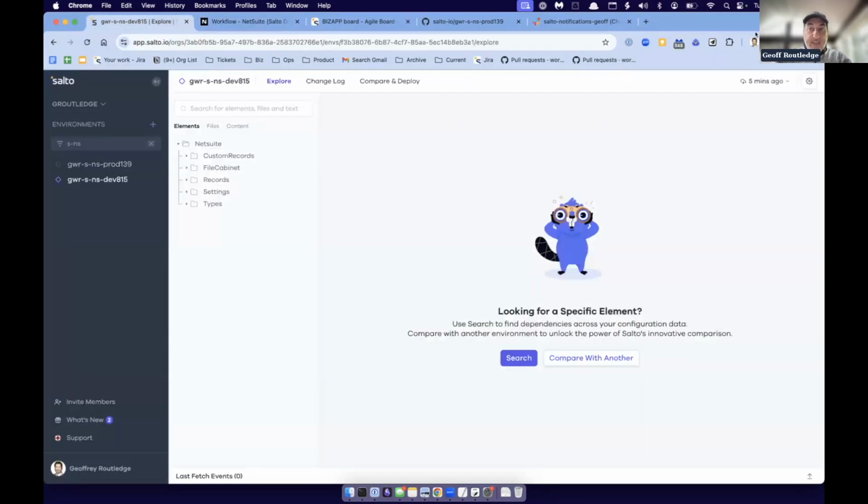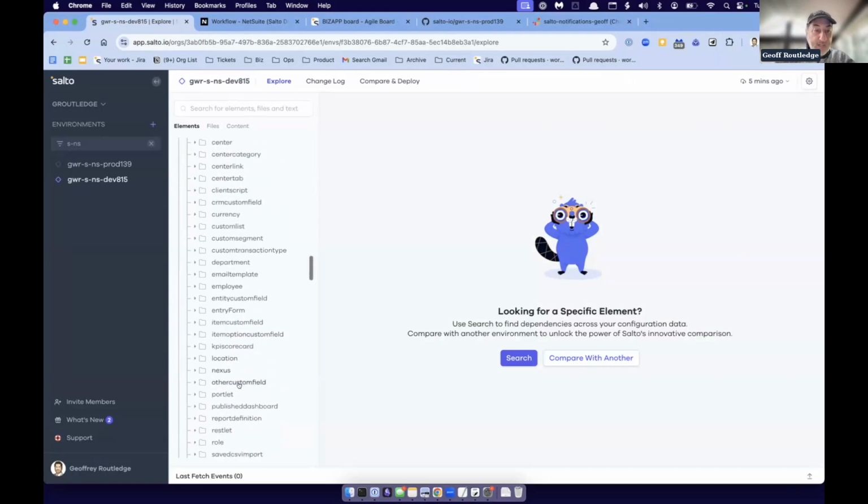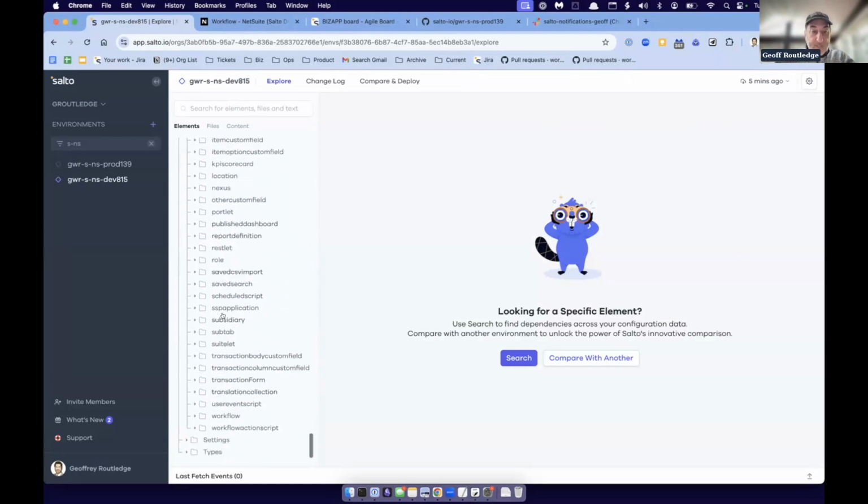To accomplish all that, the first thing that Salto does is something called a fetch. A fetch is when Salto goes out through the APIs, through SDF, but also some other APIs, and asks a NetSuite instance lots of questions about how it's configured. Then it takes all those answers and compiles them into this map of the environment. So I can see things like my accounts, my currencies, my locations, roles, saved searches. All of these elements are